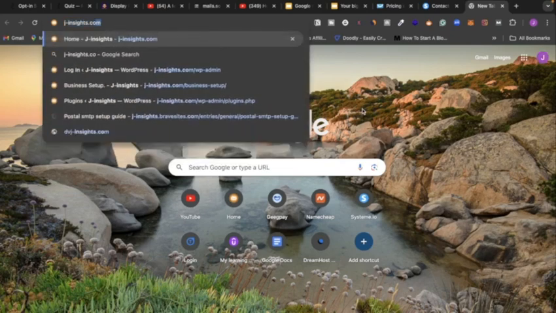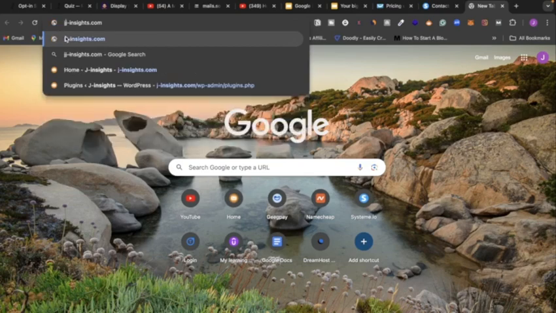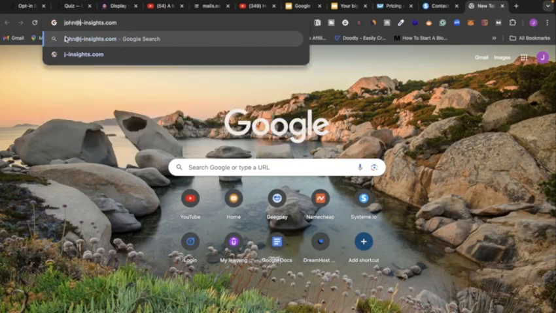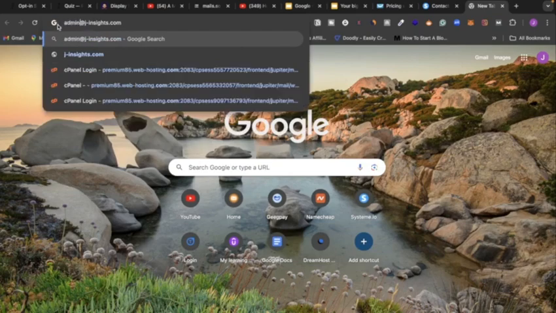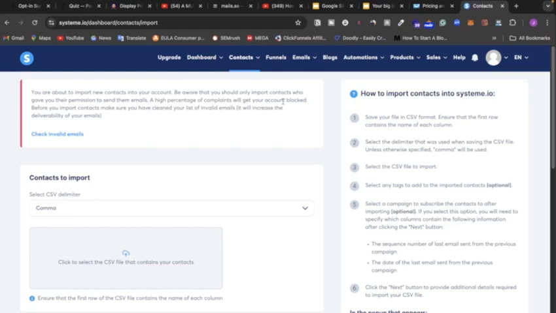jinsight.com, we need something like John at jinsight.com, or maybe admin at jinsight.com, where we're going to be able to send emails to our customers or to your customers. Again, to better understand the reason why we need a domain name in order to set